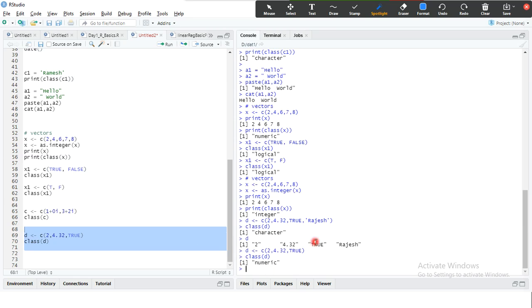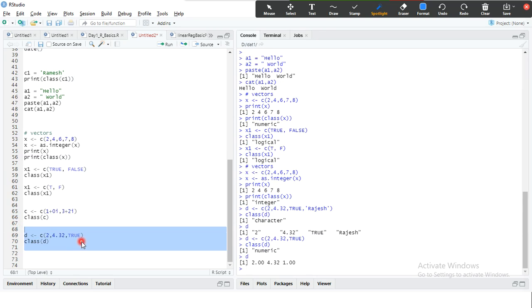Let me just check D here. Look here, the entire vector values got converted as a numeric data type. Though you have a logical value here, it got converted as numeric data type. The true, behind the scenes, it assigns 1 for true.